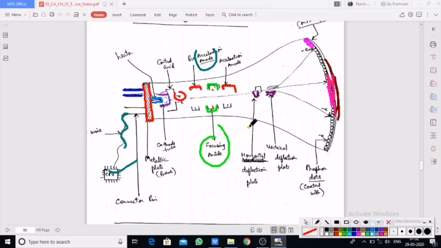So go through whatever I told you in the previous lesson. Also there is a video of how a CRT works, and today also you have seen how it works. So go through what I told you about. There is a connector pin which is connected through a wire to the CPU, and then there is one metallic base connected with the pin.